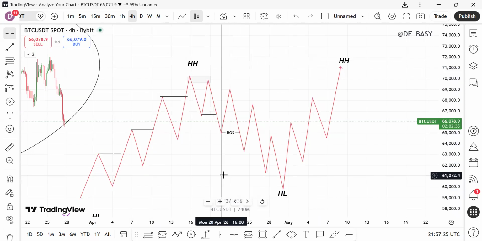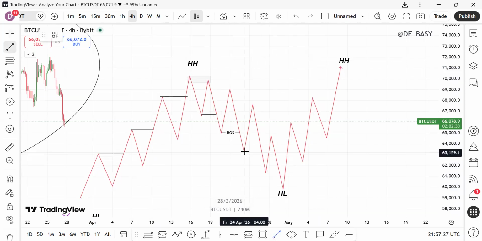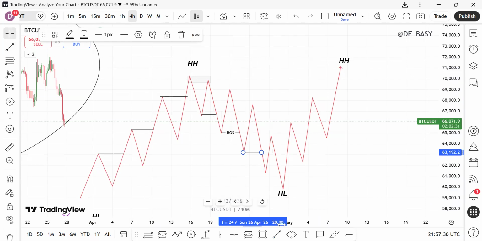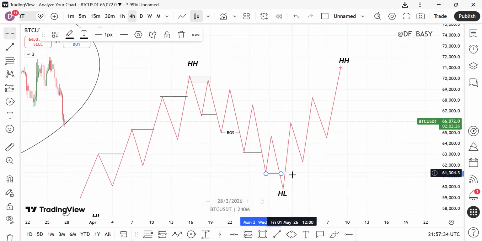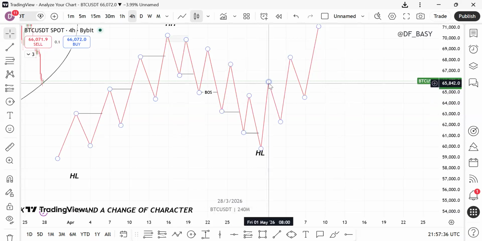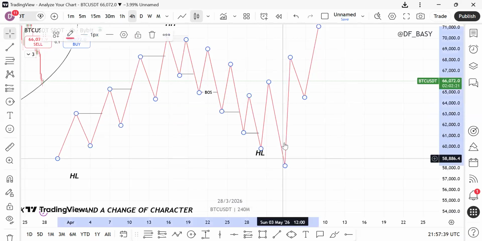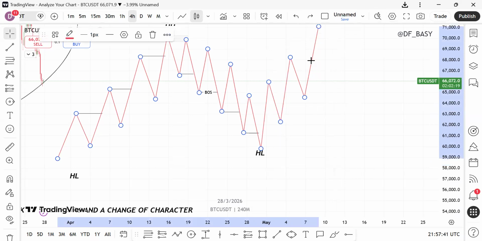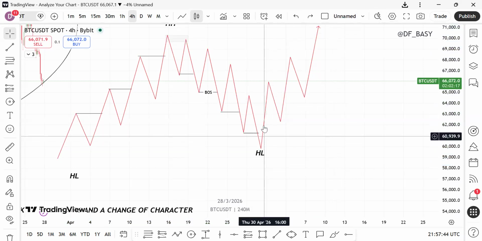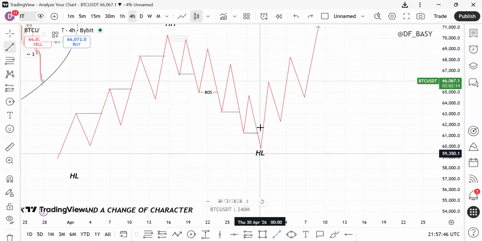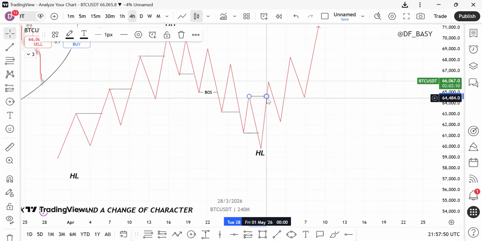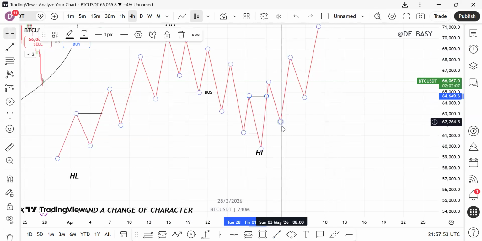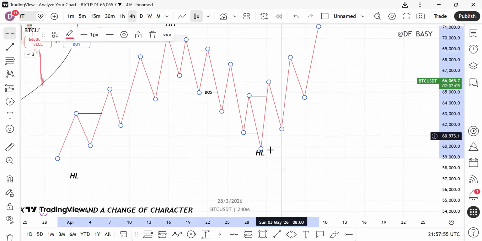You have your BOS, then you have your next BOS here. Then you have your third BOS here. After this BOS, what do you expect? You expect the market from there to break structure again to the downside. But unfortunately, the market doesn't do that. What does the market do? It instead takes out this higher low, then retests here, turns this into a demand zone, and then buys and breaks structure